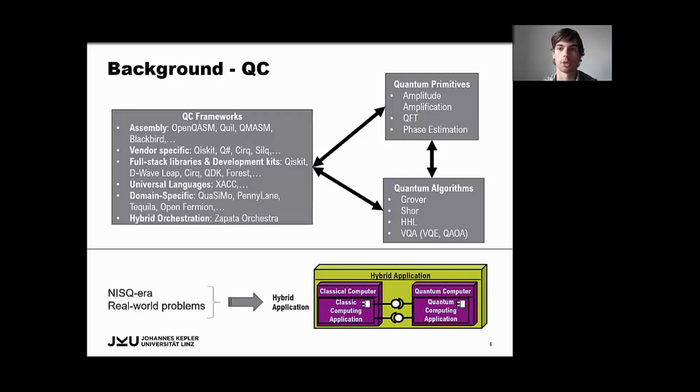And the second thing that I want to mention here is the current era of quantum computing, which we know as the NISQ era. So currently we face the problem that most real-world problems are too big to be solved on a quantum computer. And this requires the usage of so-called hybrid quantum-classical applications. So first, these variational quantum algorithms, as they are parametrized circuits where the parameters are optimized classically, are referred to as hybrid algorithms. But also in a more general manner, every classical algorithm that utilizes a quantum machine for some task, like solving a subproblem, is also considered a hybrid application.